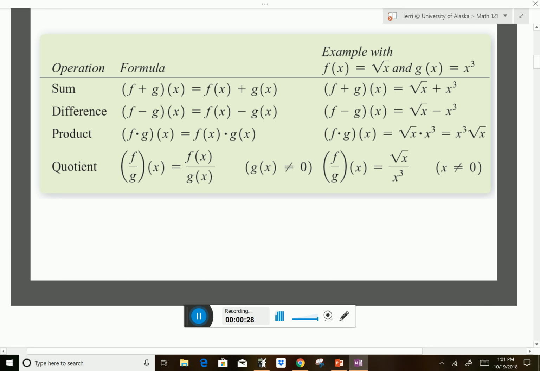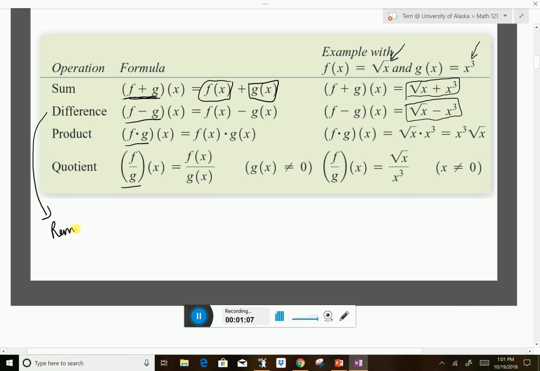And when we do that, we can actually take any functions and find any of the basic arithmetic properties of it. So essentially, when I just say something like f plus g of x, it means that I want to take the entire function and add an entire other function. So over here, I have the square root of x and x cubed. Well, if I just add those functions together, it's pretty simple. If I subtract the functions from each other, it's pretty simple, except for, of course, in the difference, you have